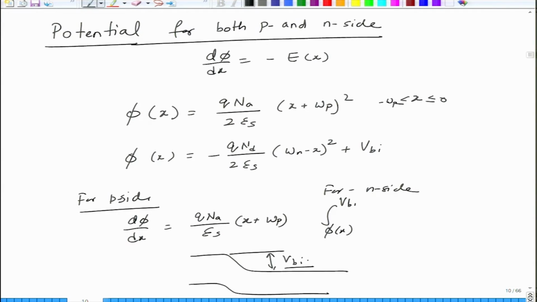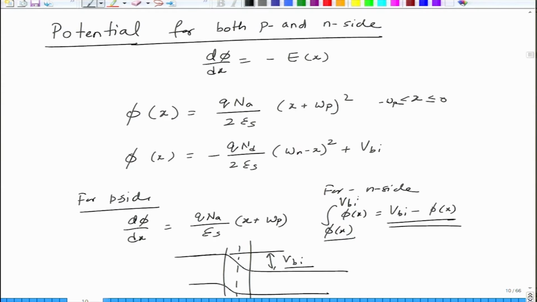So the maximum value on the other side it takes is Vbi. So if you are starting from 0 on this side, it will achieve some value at the interface, and then the maximum value it can take is Vbi. So that is the maximum value. So the integration will take place from phi x to Vbi, and Vbi we already know. So basically the phi x would be this. So this would be Vbi minus phi x. So whatever phi x you will have, it will be Vbi minus of something.